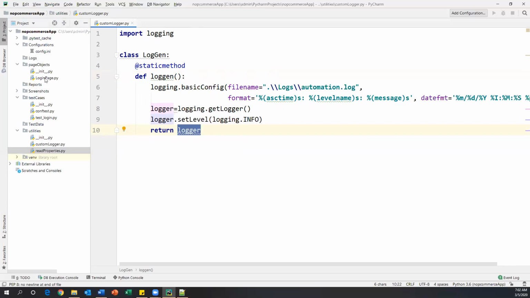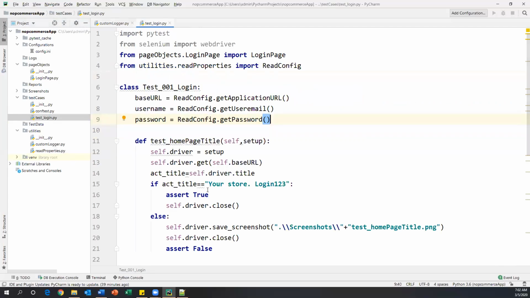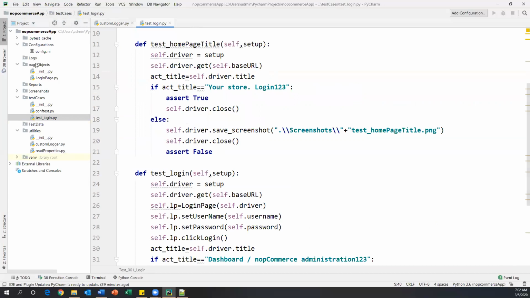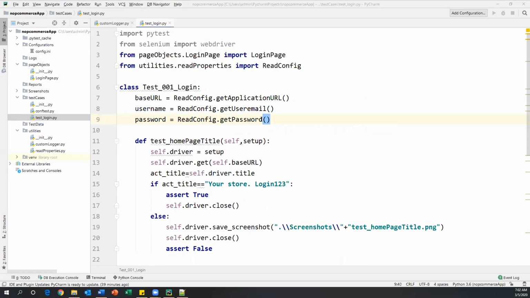Now go back to your test case, and whatever actions I have done in the test case, I will log into the test case. Every event or every action I will log into the log file. So what I can do here is, if I just go above,